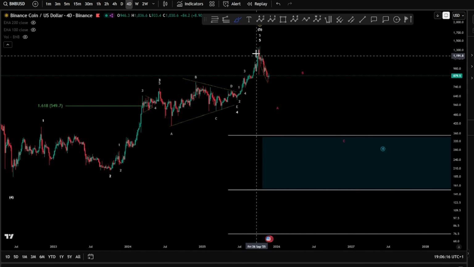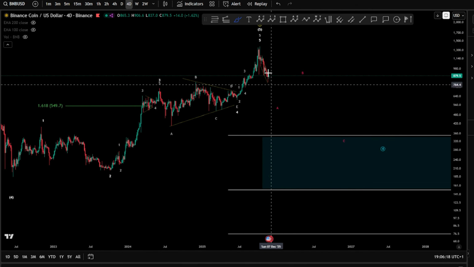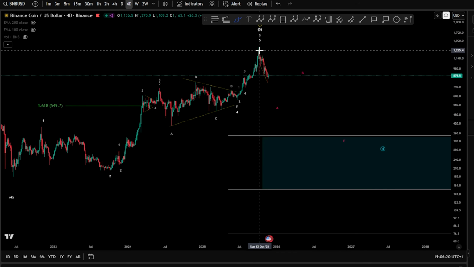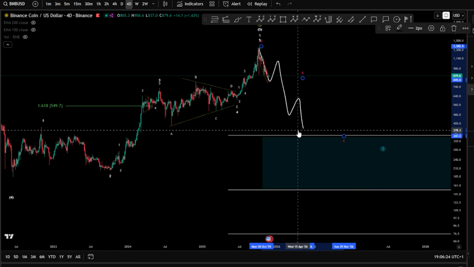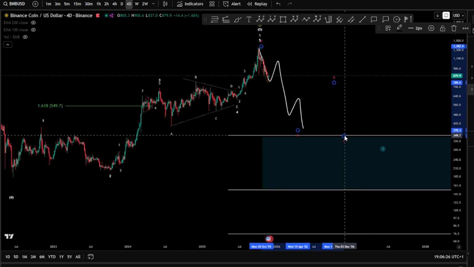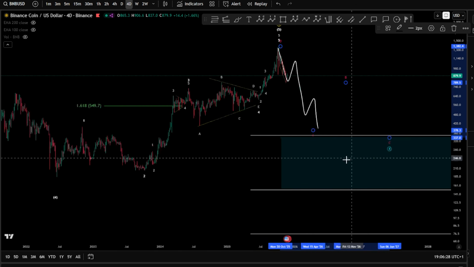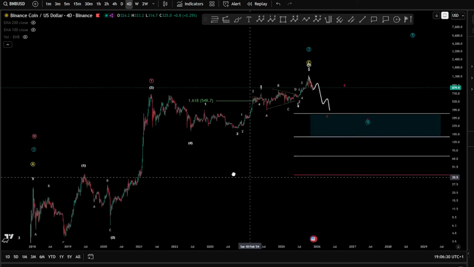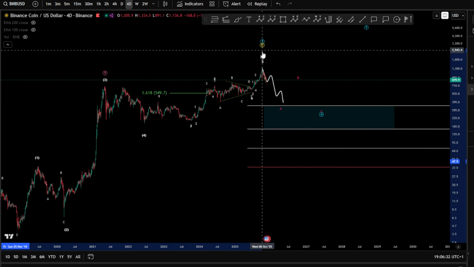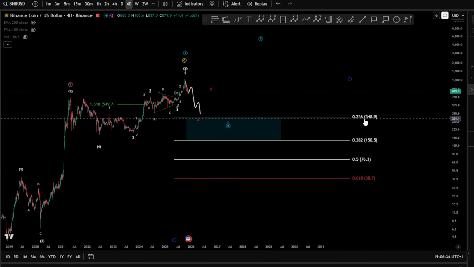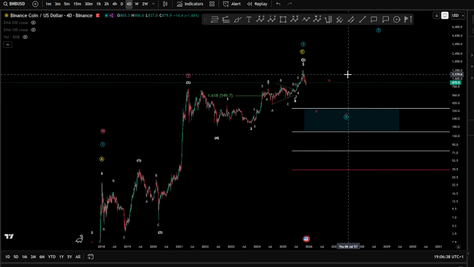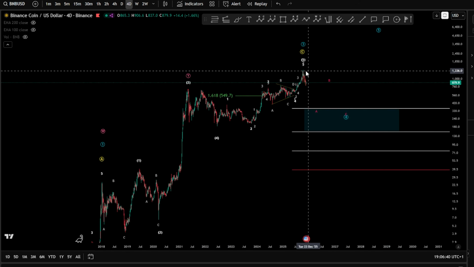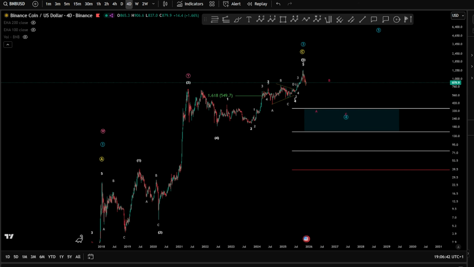Now we start to move downward in a motive wave, leading diagonal very likely, which can be 1, 2, 3, 4, 5 for your wave A, looking for a wave B and a wave C to finish up a wave 4 here in the blue count, in case we are in a wave 4, which is between the 0.23 and $348. Is this the case scenario that it's gonna be? We're gonna watch, of course, step by step. But if we move inside it,